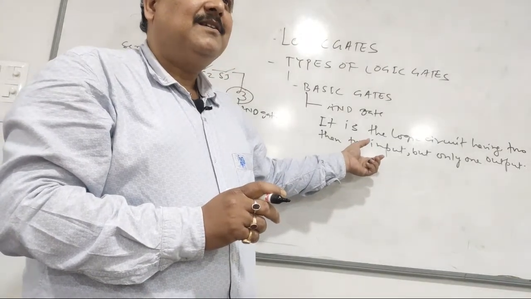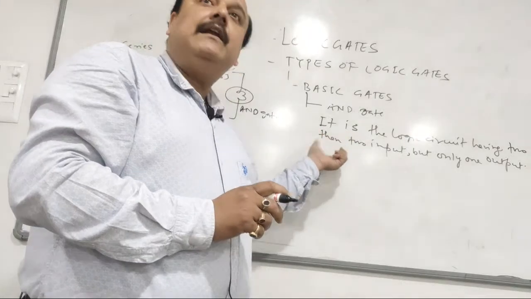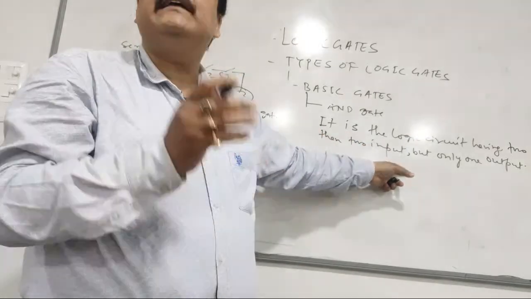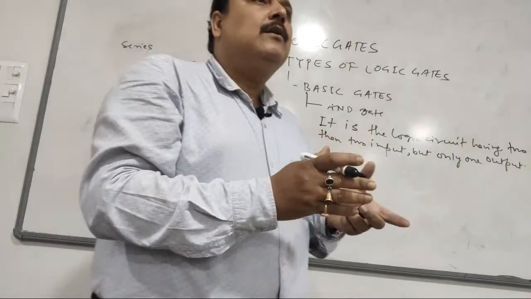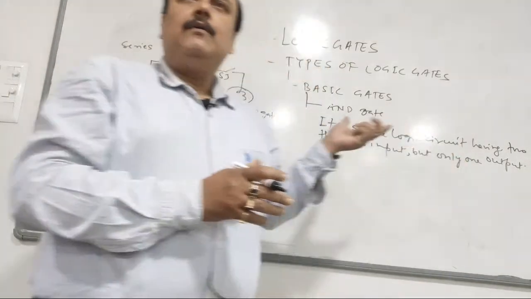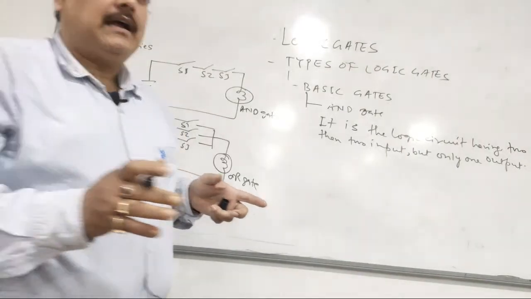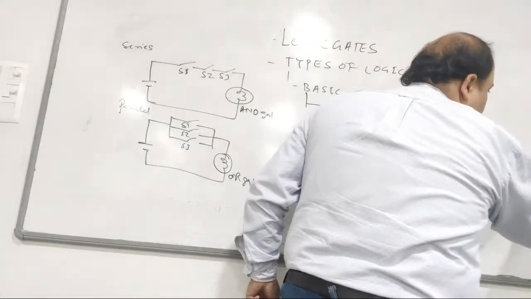So what is your next sentence? The next sentence is the conclusion for the particular gate. So how can you write the conclusion? Output is high when all its inputs are high. So the second sentence you write: